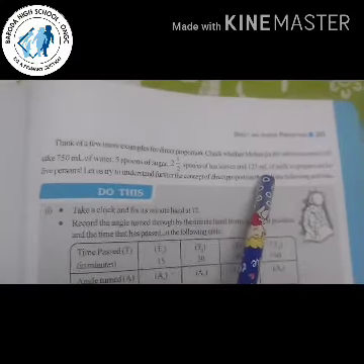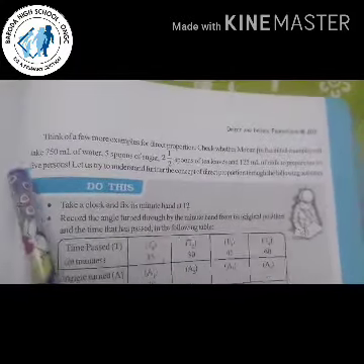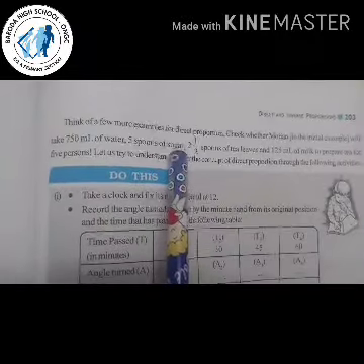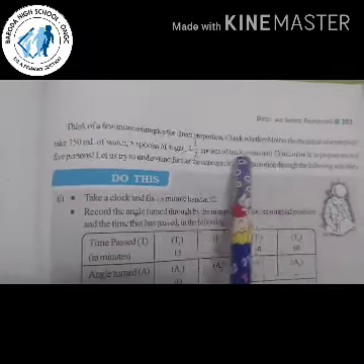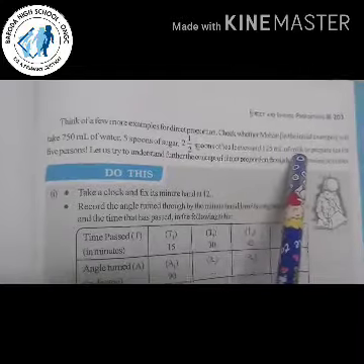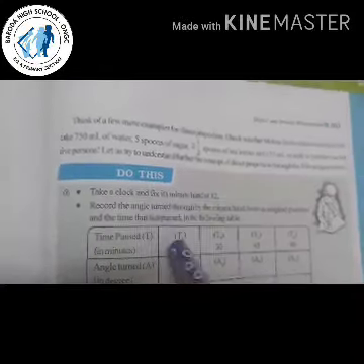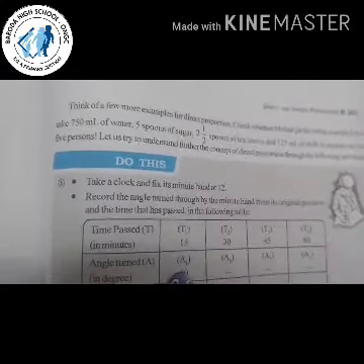So similarly, in case of Mohan, we will see that 750 ml of water, 5 spoons of sugar, 2.5 spoons of tea leaves and 125 ml of milk will be required for making tea for 5 persons. Now, this you will have to do it yourself.